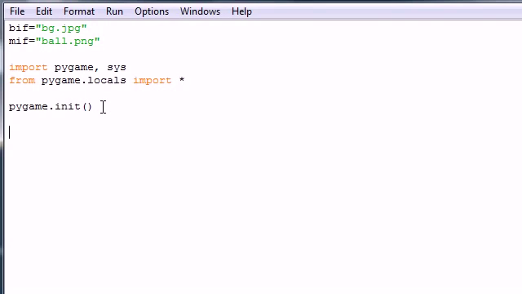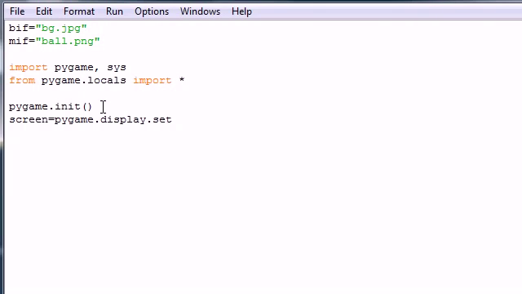Now here's the meat of our program. Here's what you need to learn. Let me tighten this up a bit. The first thing we're going to need to do is build a screen or a window where we can play our game. So let's make a variable, set it equal to screen, and how you do this is go ahead and type